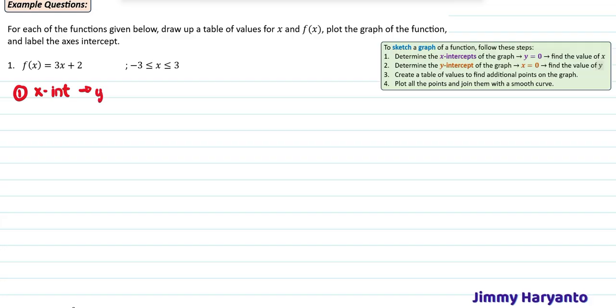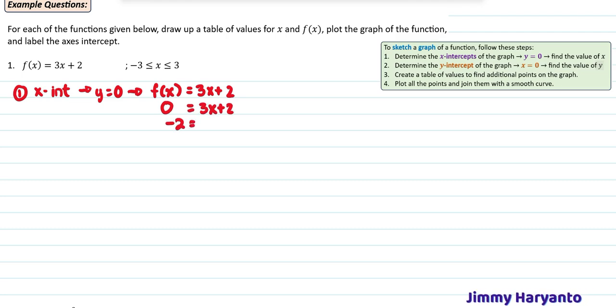For the x-intercept, that means y equals 0, and that also means you have to replace the y with 0. What is the y? Y is the f(x), guys, because we already know that y is the result or the output. That means that is the f(x). If y equals 0, that means f(x) also equals 0. So 0 equals 3x plus 2.